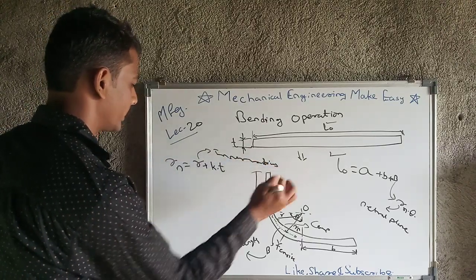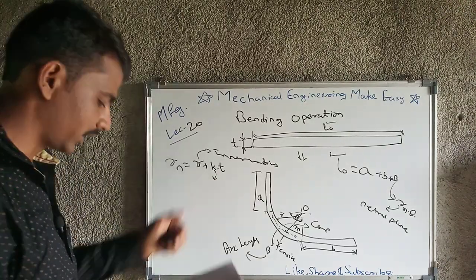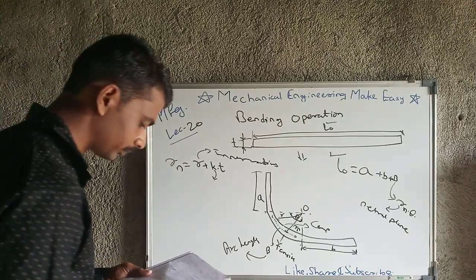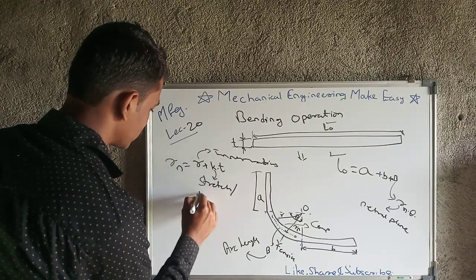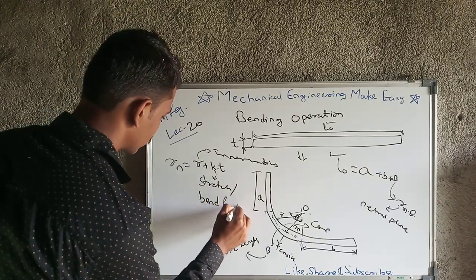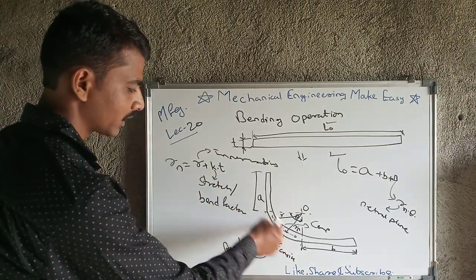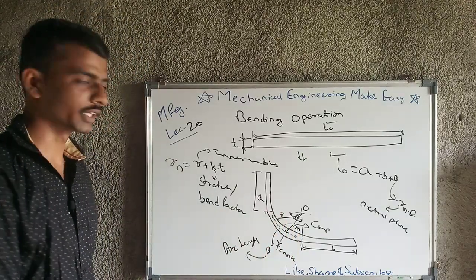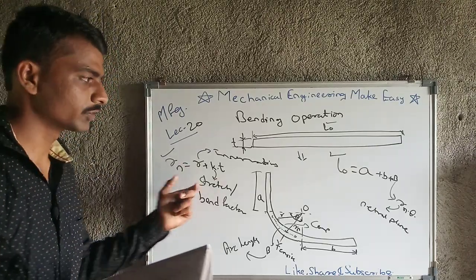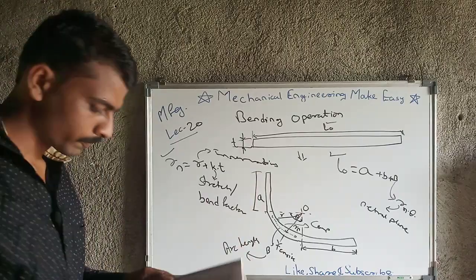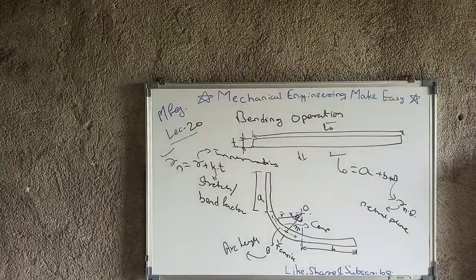And what is K? It is the only remaining unknown term. K is the stretch or bend factor. It is one type of constant that depends on the material and how much stretching is going on there. So this is the value of Rn. Note down this formula and draw this figure. Then we will move towards other parameters like bending force and so on.